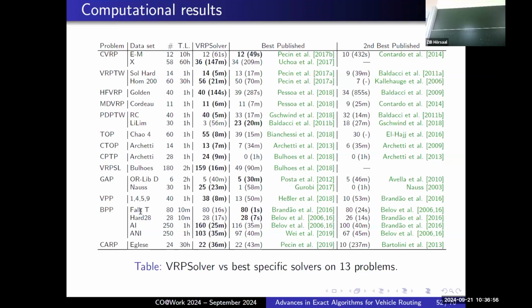This is vertex coloring. This is the classic bin packing problem. So for